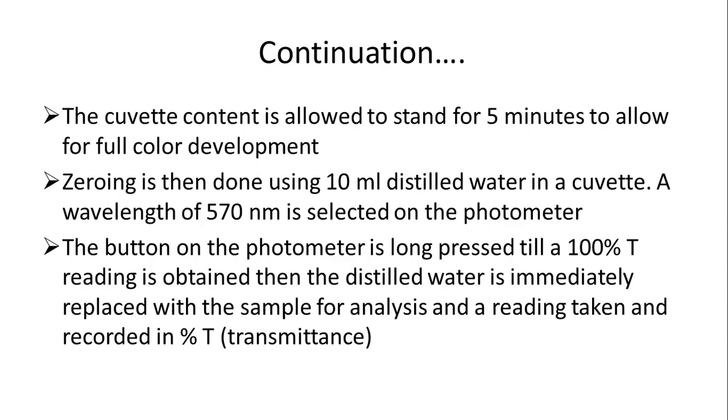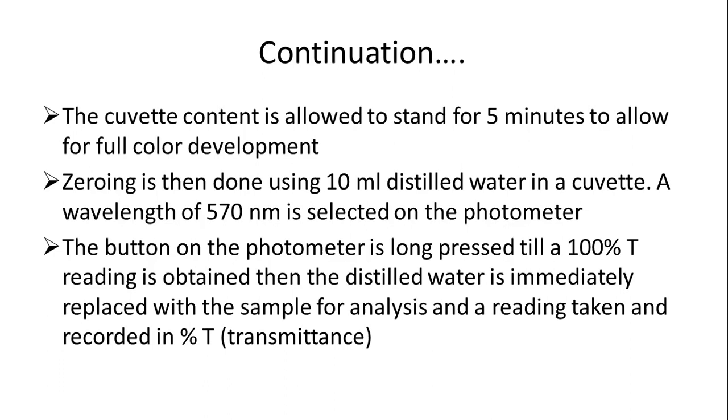You're going to long press it until you achieve 100% transmittance. That is, 100% of light is passing through the cuvette with distilled water, and then the reading is obtained. That is the 100% T reading obtained, and then you're going to switch the distilled water with the sample to